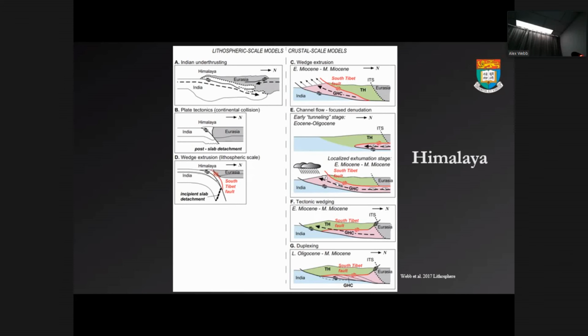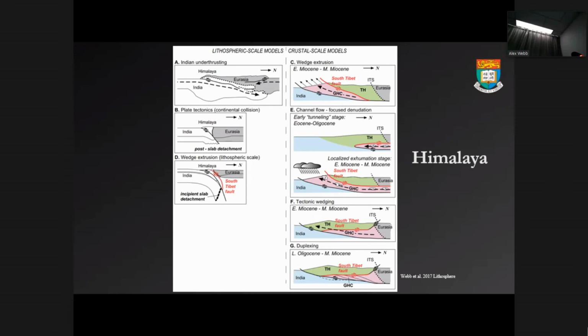So the main models, once this was discovered, a lot of the models, with one exception, thinking of this as like a big lithospheric scale extruding wedge, most models just went crustal. You can see that the focus of all of these models is ignoring the lithosphere. It's just looking at the crustal scale processes and sometimes looking at crustal plus climatic, like climate-driven erosion processes, to understand why the Himalaya would have a big normal fault. So all of the models basically have 3 layers and 2 faults. So it's a pretty simple layer cake.